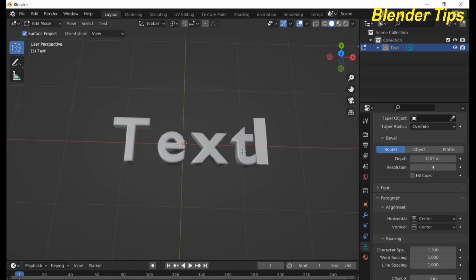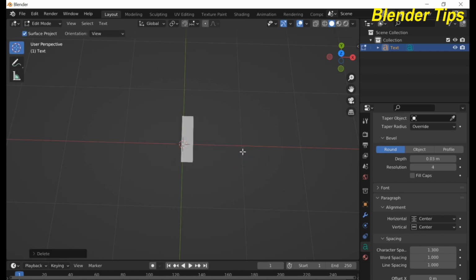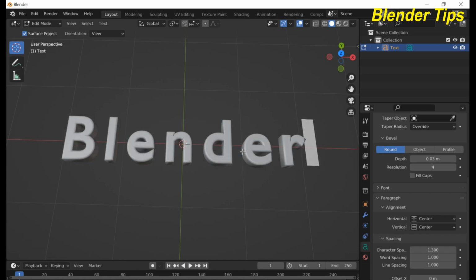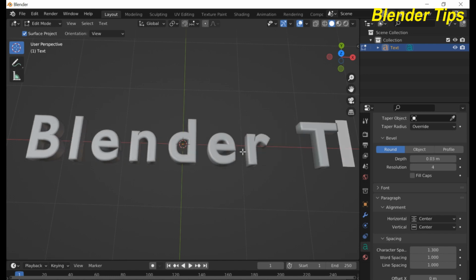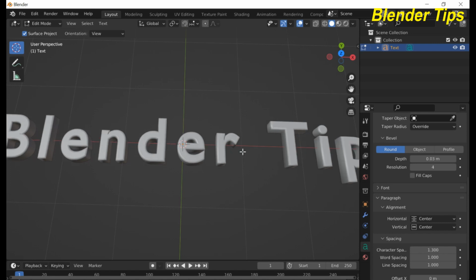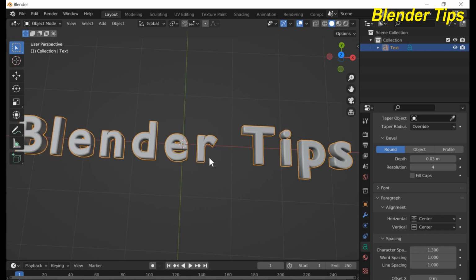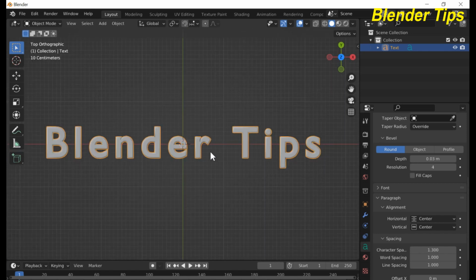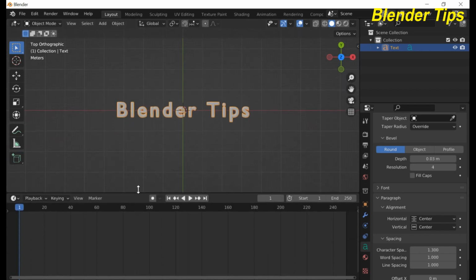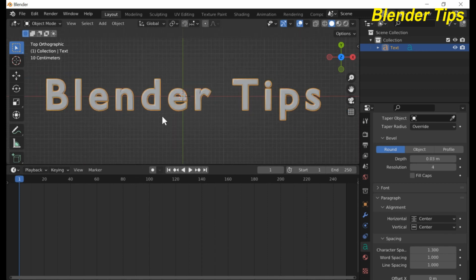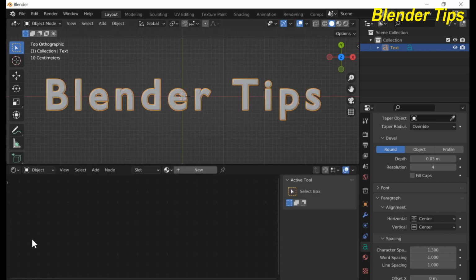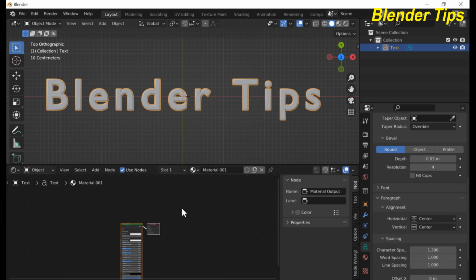Now enter into the edit mode. Here I type Blender tips. Nice. Back to the object mode, and now open the shader editor, and here